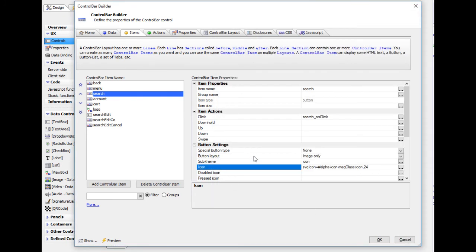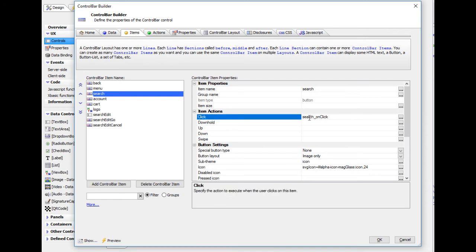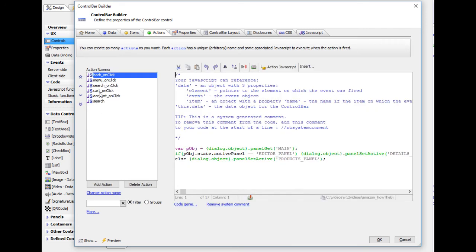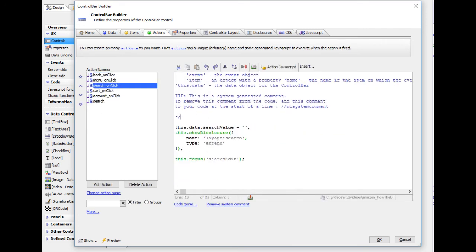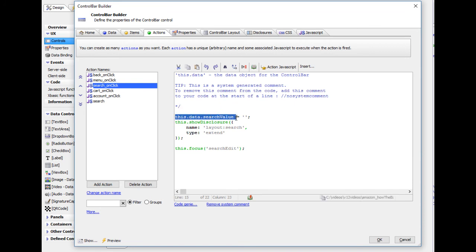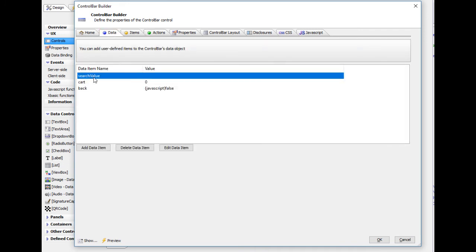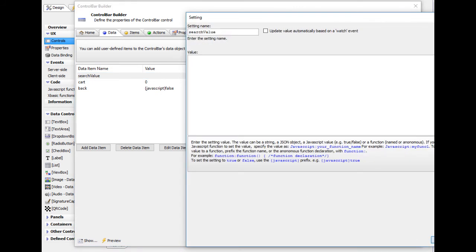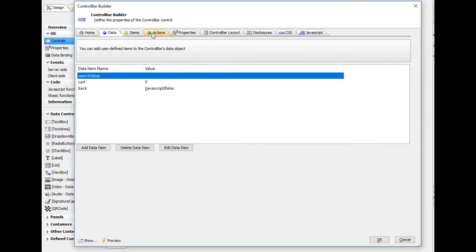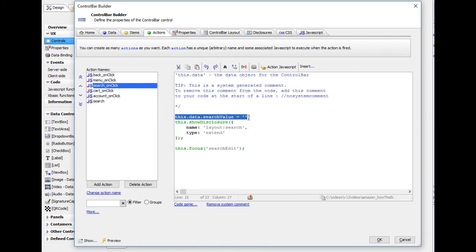And then if we look at the action for this button, we can see that the action is search on click. So if we go over here to actions, we see that search on click is basically going to set the value of the search value back to blank. The search value is a data variable, which is defined in the data section, and it has an initial value of blank. So we'll go back now to our action. We can see that the first thing that we do is we set this search value back to blank,